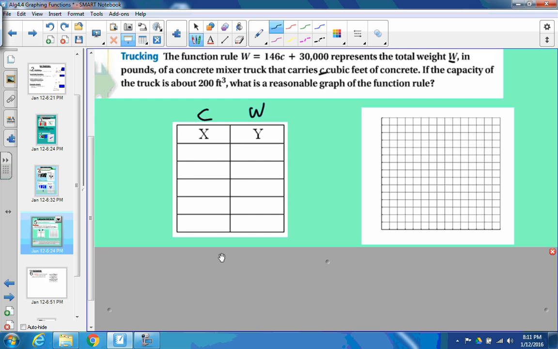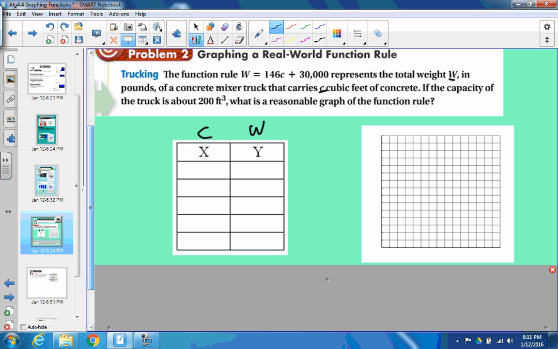And we're using the function rule W equals 146C plus 30,000. So let's pick some numbers. We're going to use some bigger numbers here. Because it can go up to 200, let's use 0, since you can't have a negative weight, 100, and 200. Let's just do 3 values. You need at least 3. We're going to plug into that